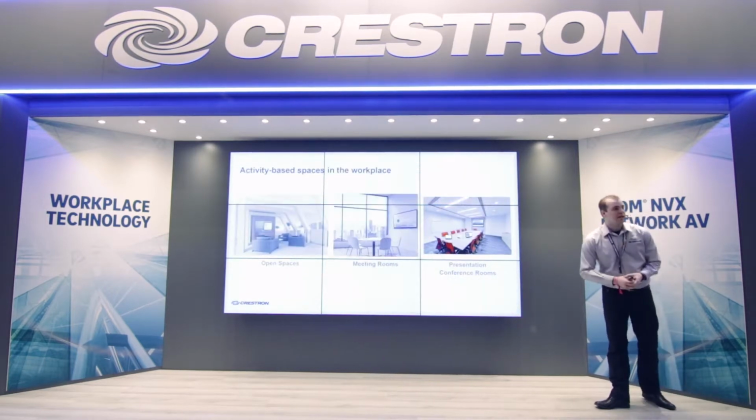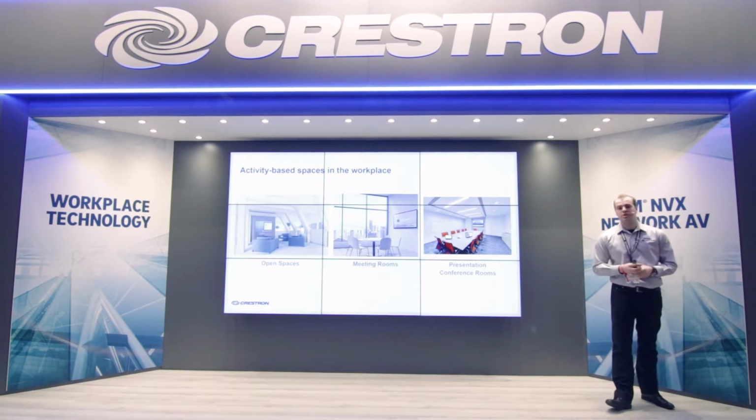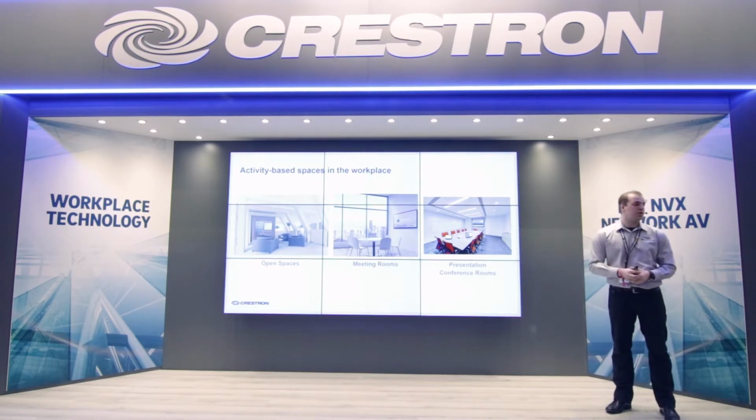So, basically, in general, depending on which rooms you are in and what activities you're going to do, you want different solutions. So let's start with the first room, the open presentation spaces. We have the CE600 solution. This features the Freeform unit from Crestron itself. It has wired and wireless communication and a presentation system. These features are the new AirMedia 2.0 device,